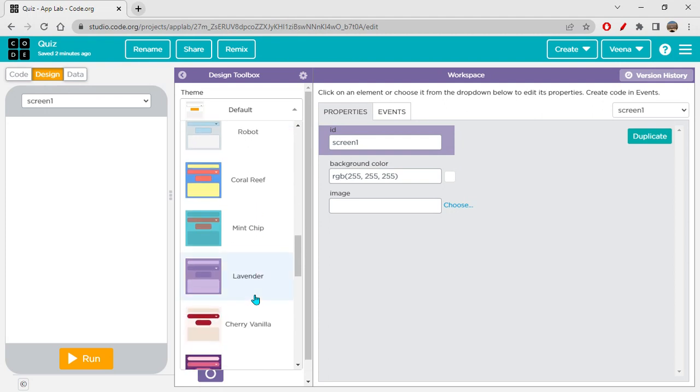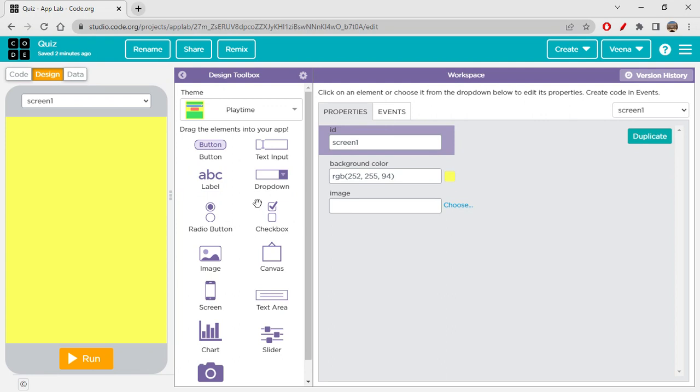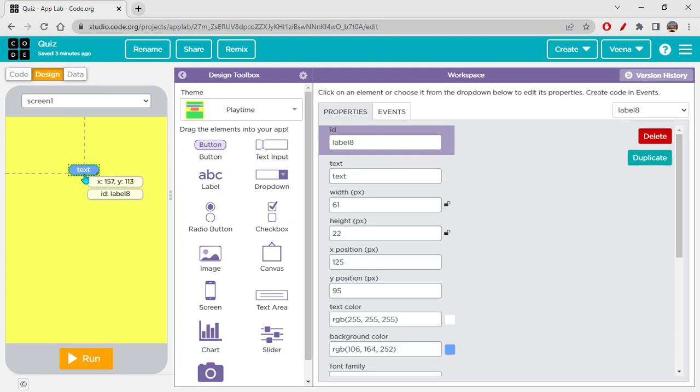I would choose playtime. This looks so cool, a pretty yellow color, right? I want to first give an introduction screen, so what is this app all about? That's why I'm dragging a label. I will write the text as general knowledge quiz,